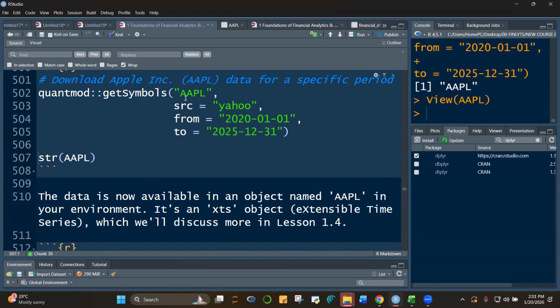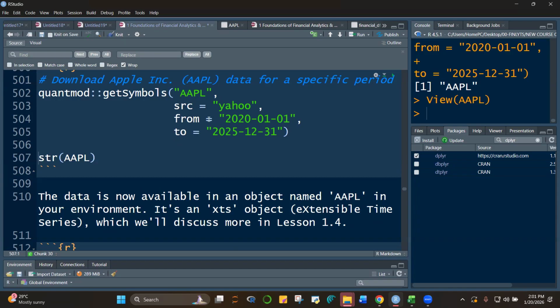If you type APPLE, that will return an error unless there's an object with the ticker symbol APPLE. For Apple, the ticker symbol is AAPL, and you need to know that if you want to extract from Yahoo Finance